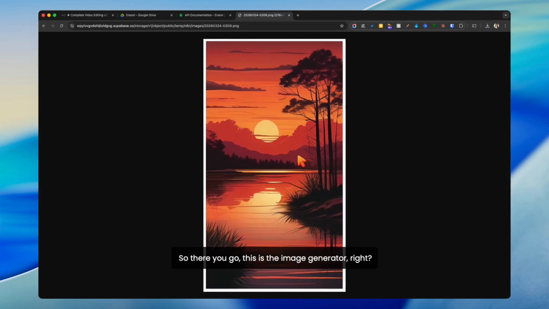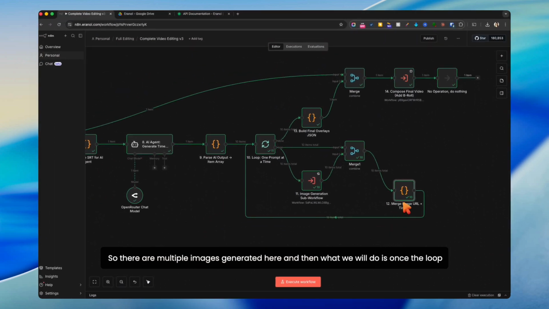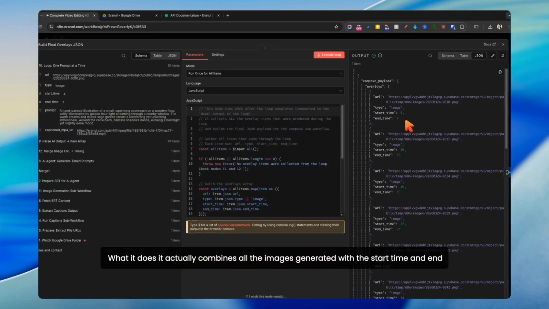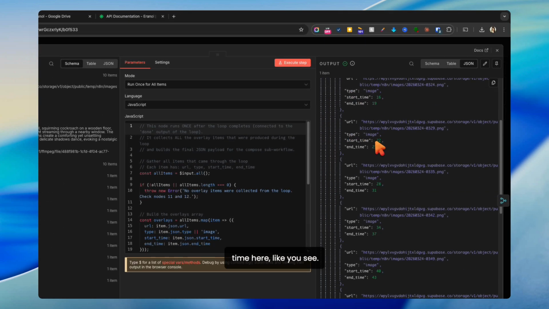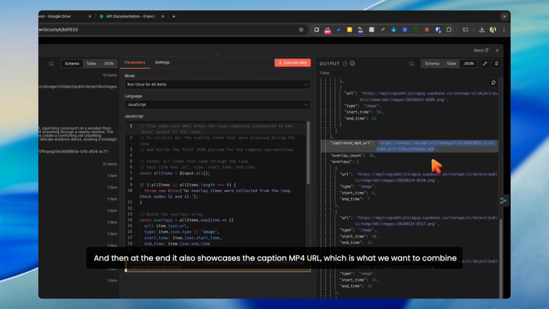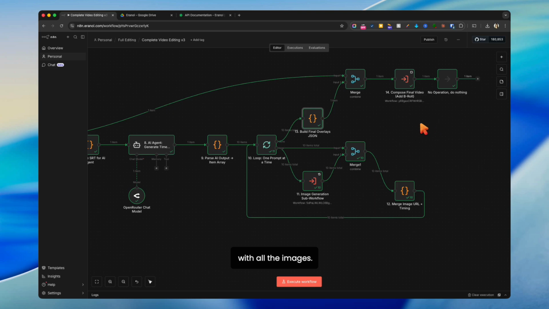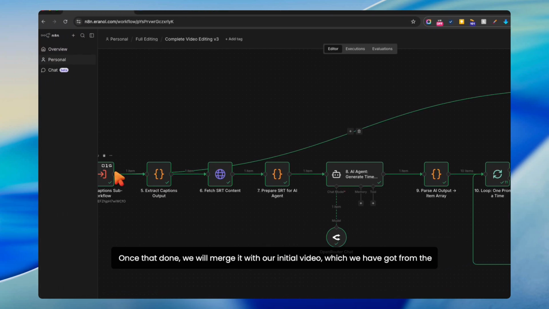So there you go. This is the image generator, right? So there are multiple images generated here. And then once the loop is finished, we build the final overlay. What it does, it actually combines all the images generated with the start time and end time here, like you see. And then at the end, it also showcase the caption MP4 URL, which is what we want to combine with all the images. Once that's done, we will merge it with our initial video, which we have got from the caption